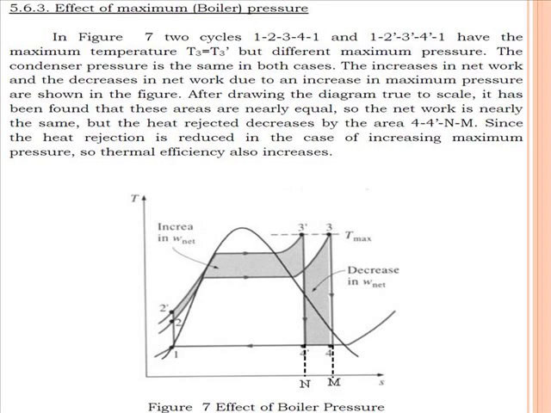So when we increase the boiler pressure and keep the maximum temperature same, we can see from figure number 7 that there is almost no change in the turbine work, or there is a slight reduction in the turbine work, but at the same time the pump work will be increased, as well as the quality of steam at the outlet of the turbine is deteriorated. So it is generally not preferred to increase the boiler pressure. If we go for an increase in the boiler pressure, it is not desirable at all.